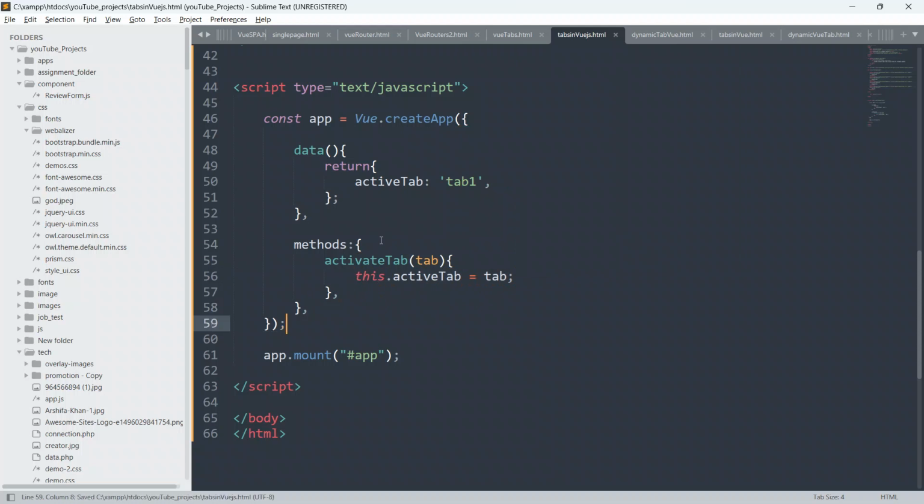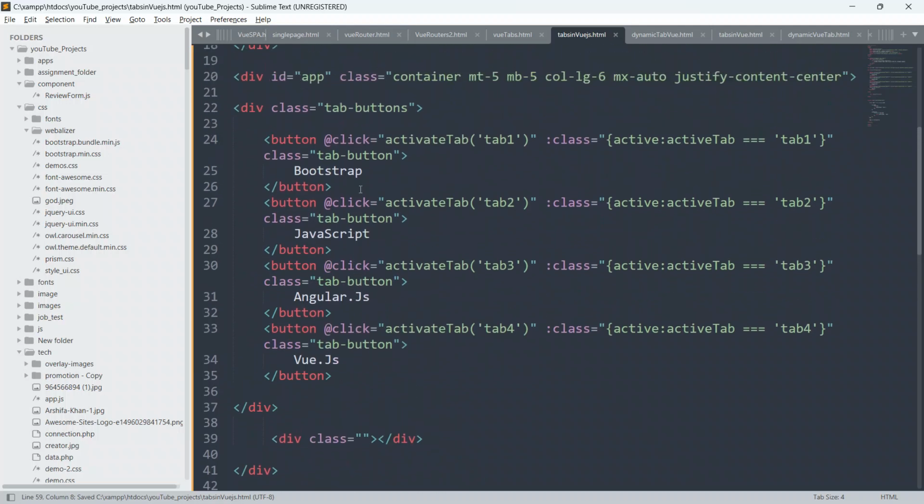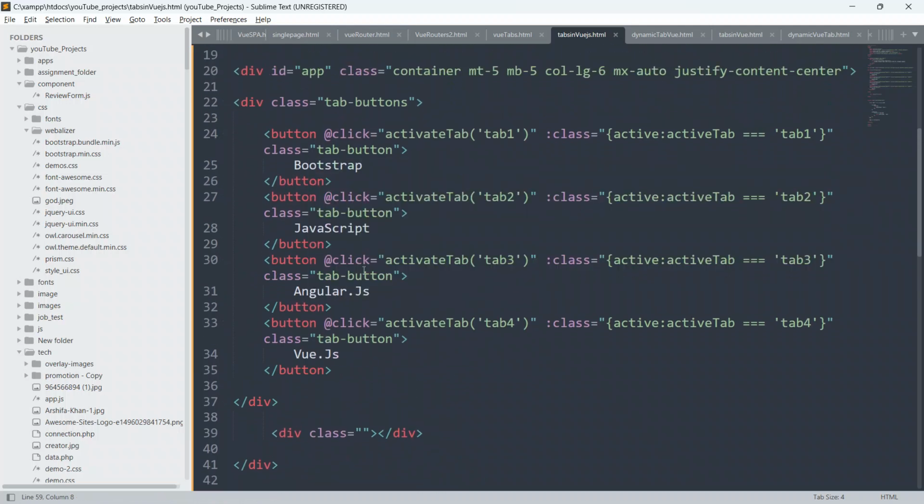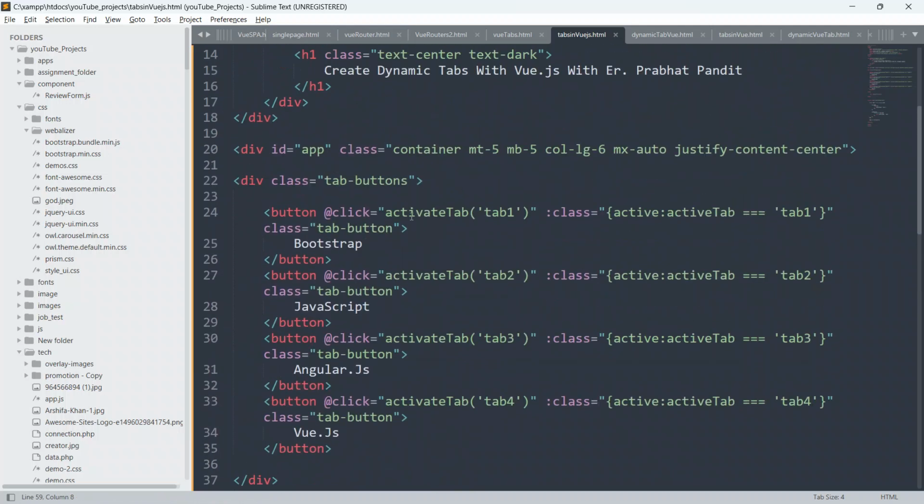So guys, the moment a user clicks on the button, like button 1, button 2, button 3, and button 4, we are calling the function activate tab, and we are passing the parameter as tab 1, tab 2, tab 3, and tab 4.